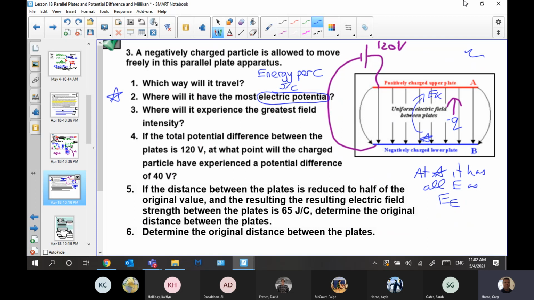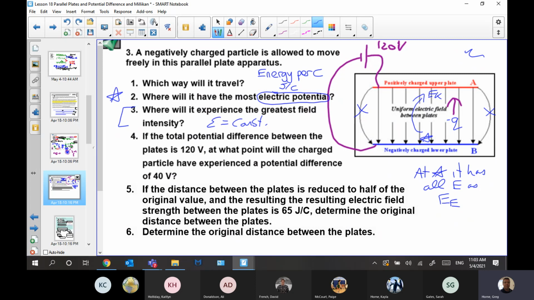Where will it experience the greatest field intensity? Trick question, right? We know that it's constant. E is a constant, so it's the same intensity everywhere, except, of course, out here. There's a little bit of bulging at the corners, and this holds as long as the plates are big in comparison to the distance between them. There are all sorts of restrictions, but roughly speaking, it's the same electric field